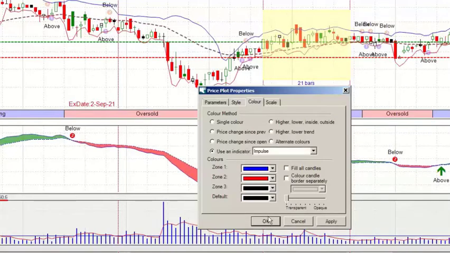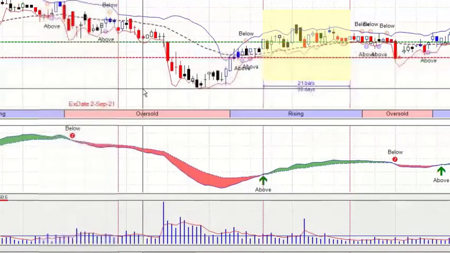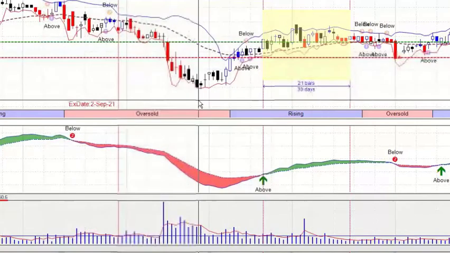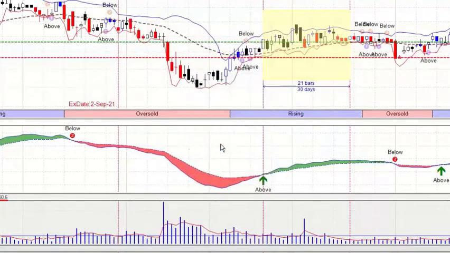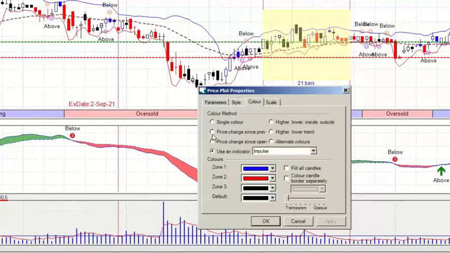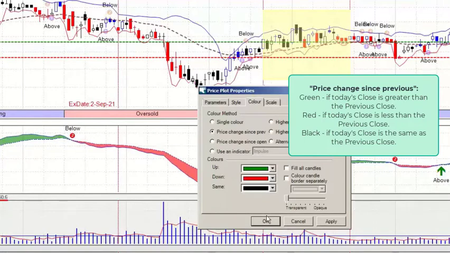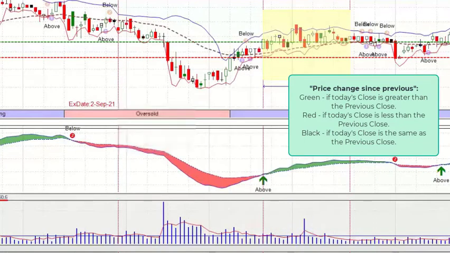Use an indicator of the impulse. I started using that. I think that's Dr. Elder, isn't it? Impulse. Not sure. Yeah, I think so. I didn't find this to be very useful. And again, through trial and error testing, I landed back on that one. Price change since previous. Yeah. Yes. And really haven't given it much more thought than that, Robin.